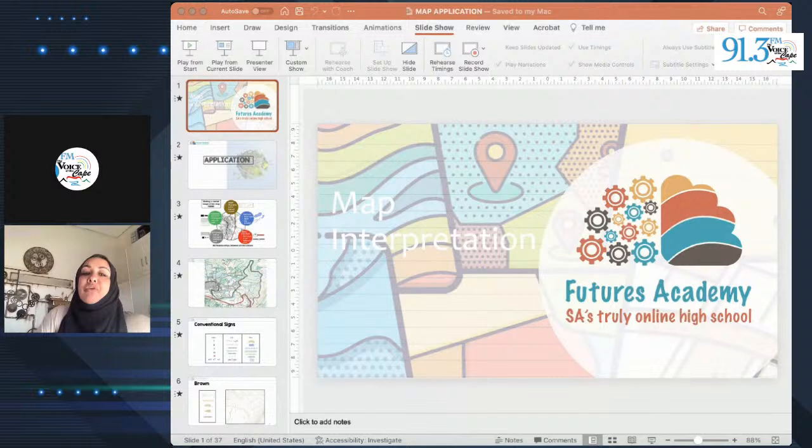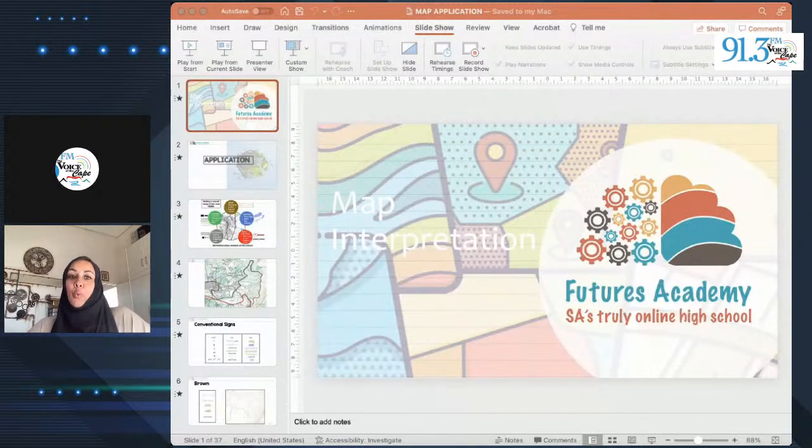Now, you get other brown symbols that are found on your map as well. These can make reference to different types of soil erosion or any other type of soil that we would find on the map itself. Remember, there is always a reference at the bottom of a map. So be wary of that. Don't ignore it. Right? The next one is the blue. Remember, I told you again, I'm breaking down that exact same map just in layers. So the blue